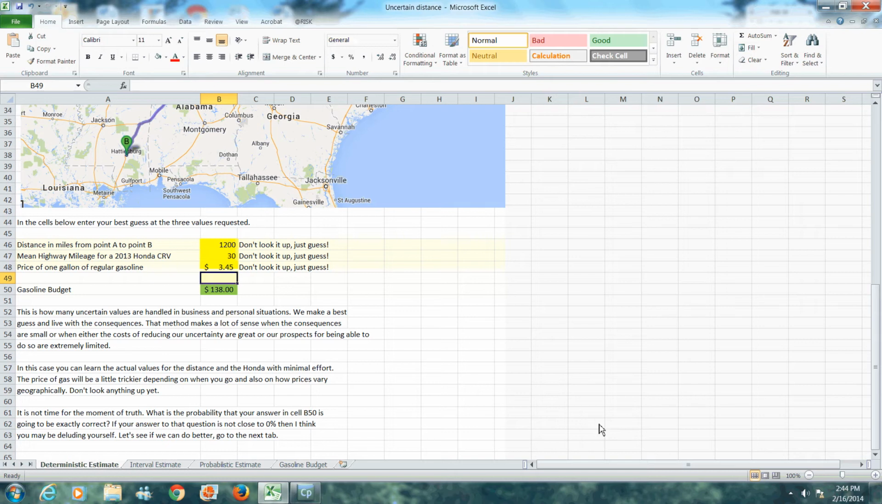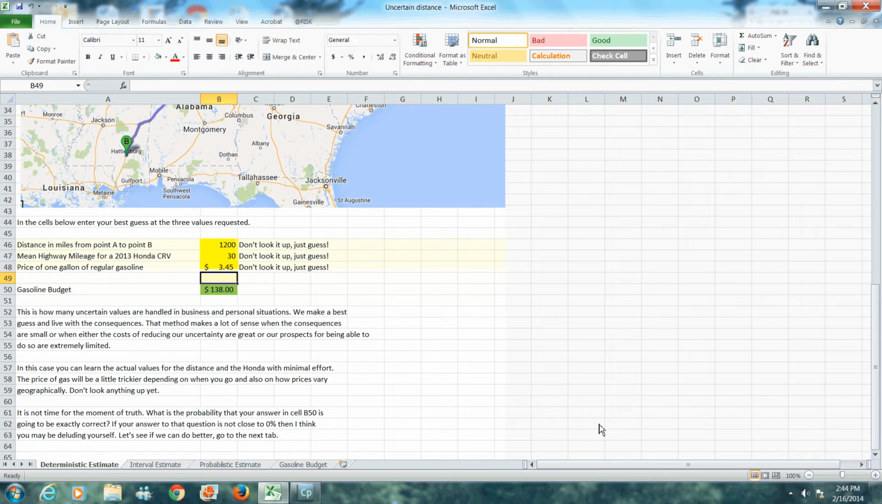But once again, let's go back over them. The distance is knowledge uncertainty. That is a constant. It's just a value that I don't know. The mean highway mileage for 2013 Honda CR-V is also a constant. This is another bit of knowledge uncertainty that I don't know. And the price of gasoline, this is something that just varies naturally. It varies from one time of the year, from one year to the next, from one state to the next, and so on. But using all of these, actually ignoring all of that uncertainty,